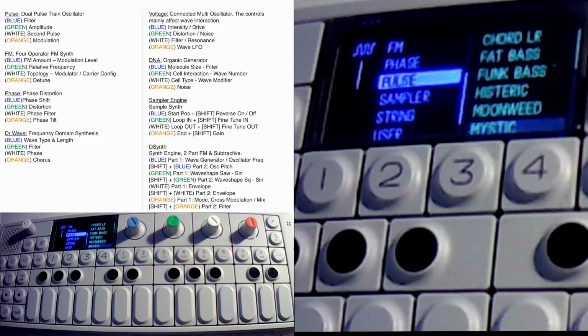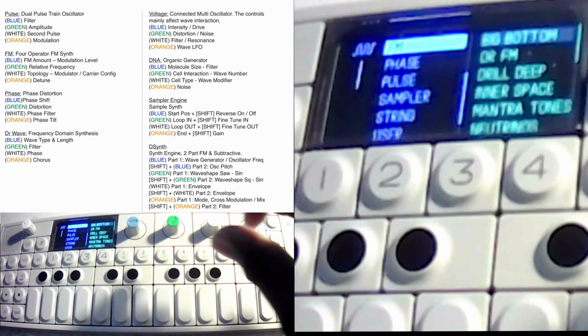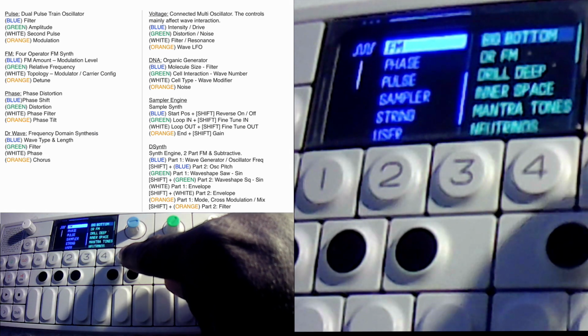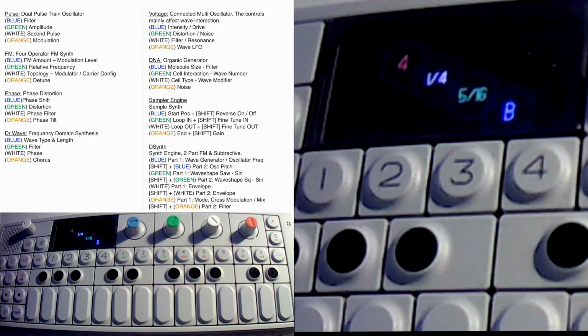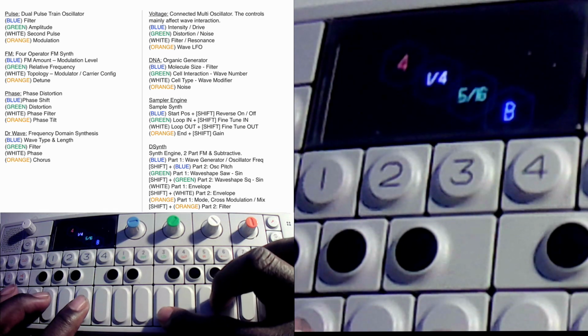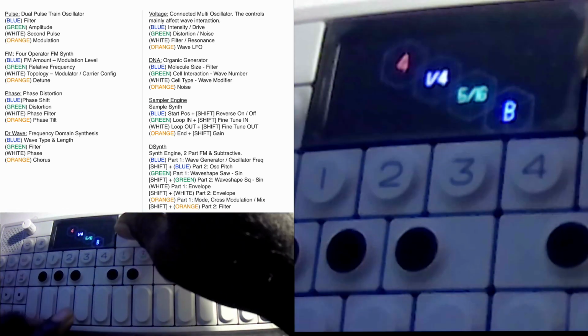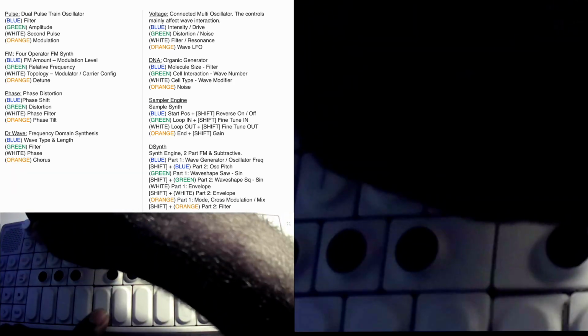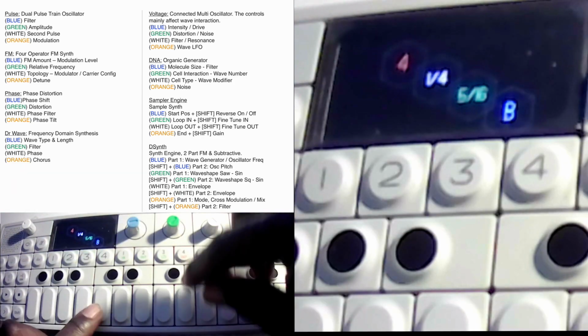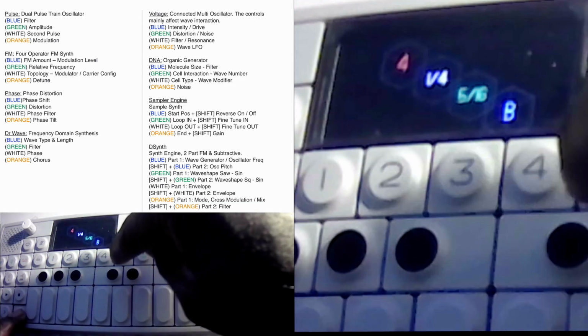Alright, so the next engine we're going to look at is the FM. FM is a bit more traditional. So let's go in. So FM is a 4-operator FM synthesizer, like you kind of get in the DX7 and those early Yamaha synthesizers of the 80s. So you get some real nice bassy sounds. I haven't got it too loud for you guys. Yeah, so let's choose a